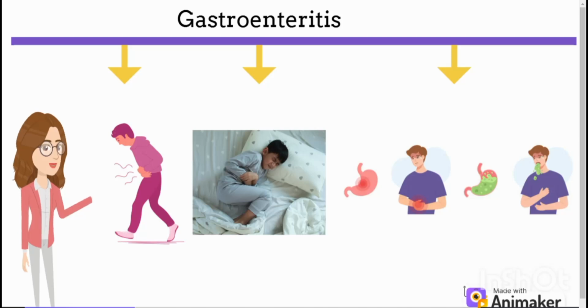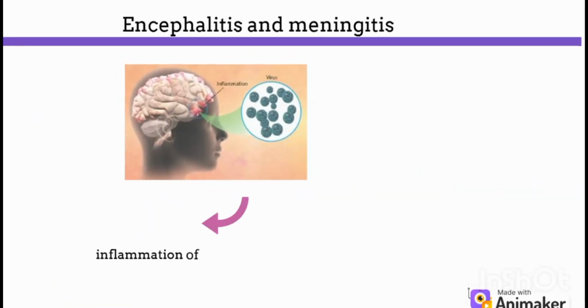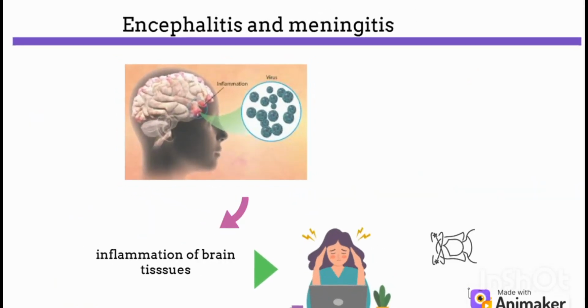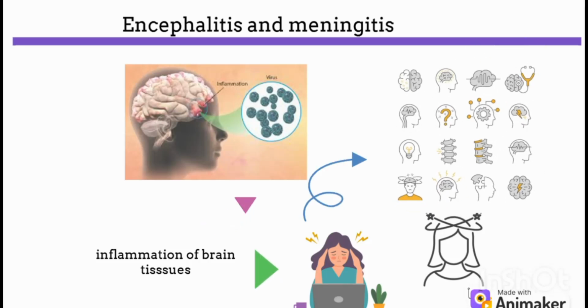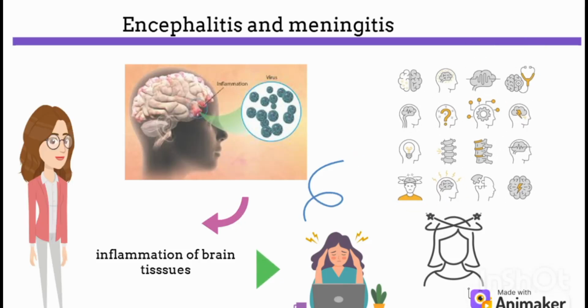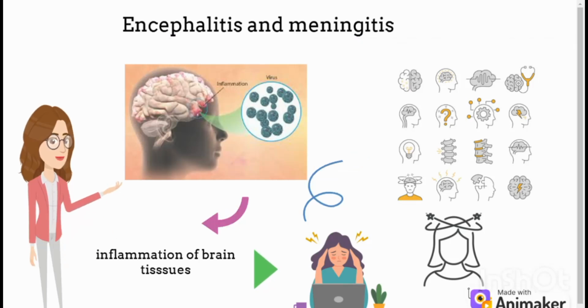A very rare and severe disease caused by reoviruses is encephalitis and meningitis, which is inflammation of brain tissues, which causes the brain to swell, leading to headache, mental confusion, and seizures. This condition is particularly common in immunocompromised individuals and can range from mild to severe and may become life-threatening in